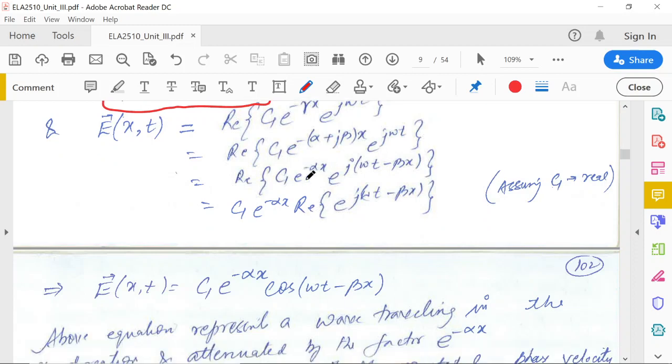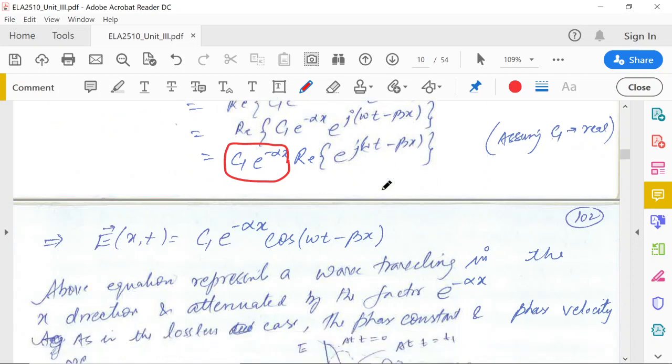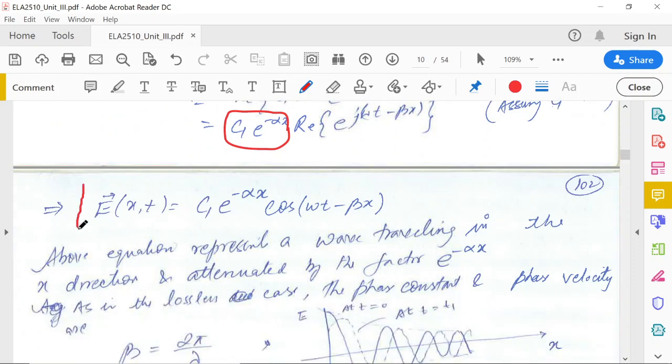So it will become, this is assumed to be real, and we can take it out. So these two quantities we assume to be real, and this is already a real quantity. This is a real part of e to the j omega t minus beta x, and the real part of e to the j omega t minus beta x is cos of omega t minus beta x. So finally what we are getting is the time varying field